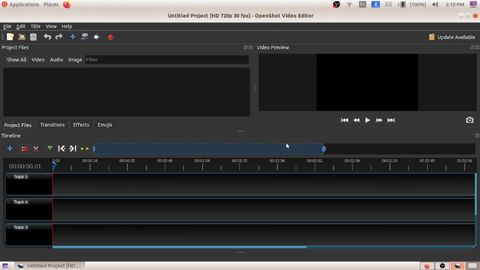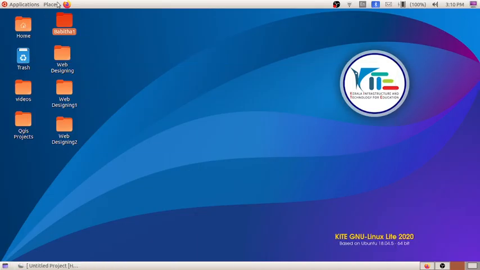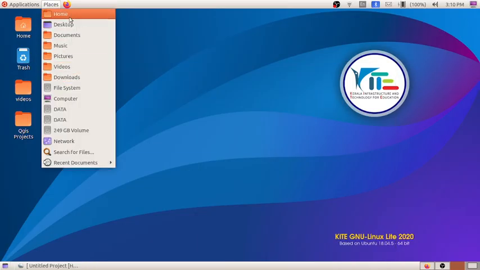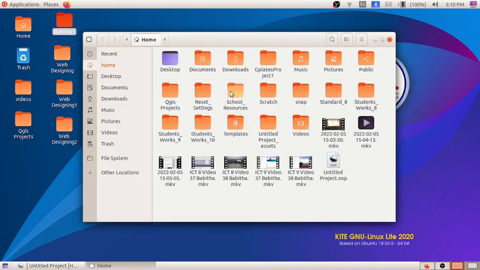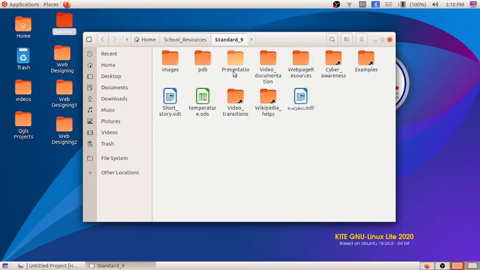familiarizing about the software, for editing the video we need some videos, pictures, background music, like that. So first of all itself we have to include all that. We have to store it in a folder. So here in the school resource folder, here in school resource folder standard 9, I have created one folder. Normally it will be in the school resource folder, but unfortunately when I searched it was not there,